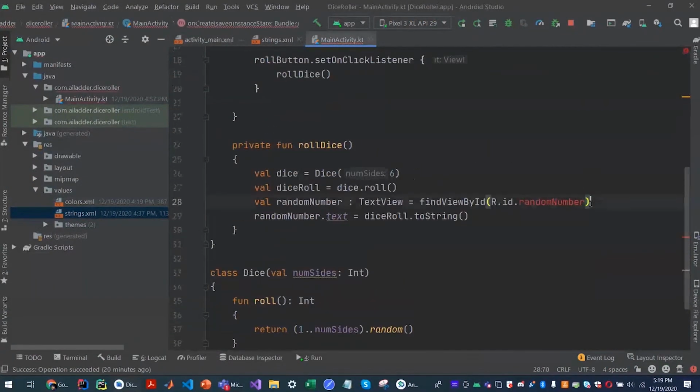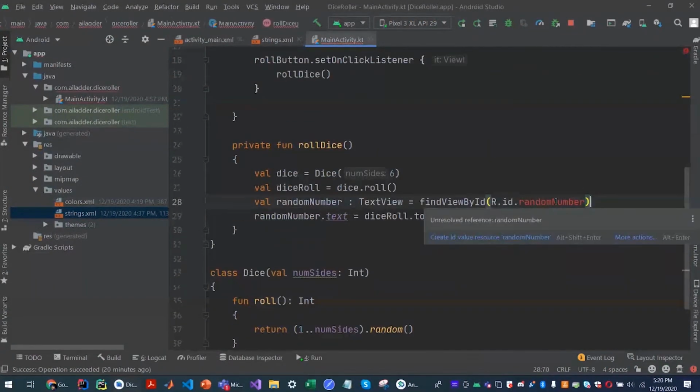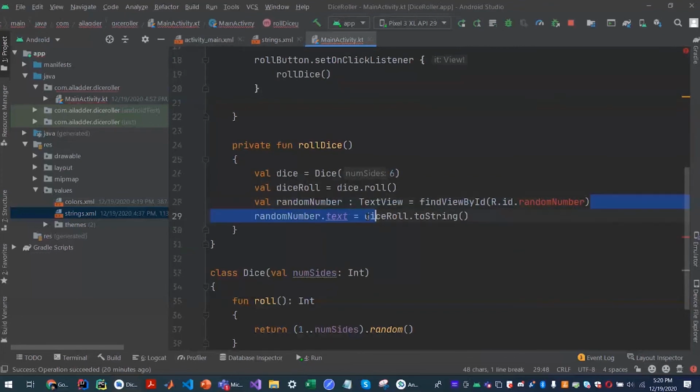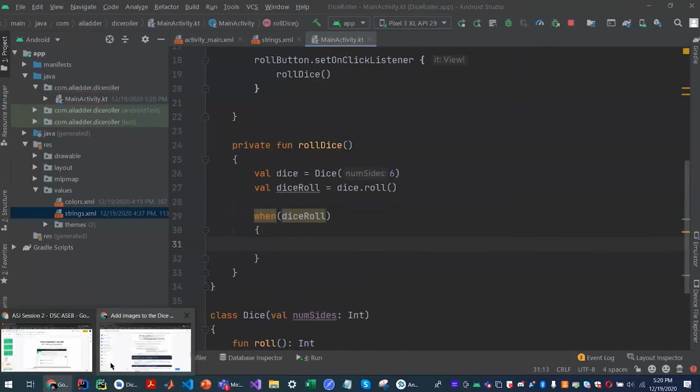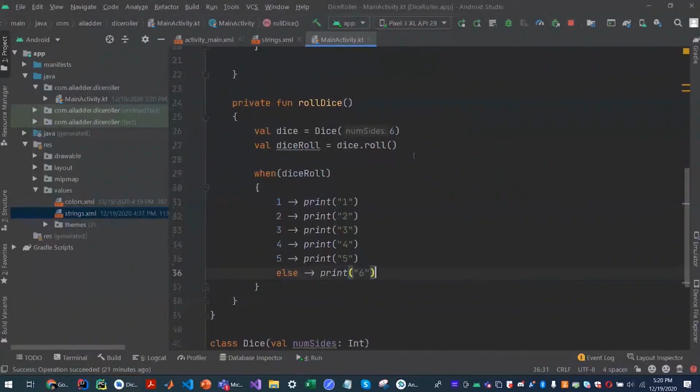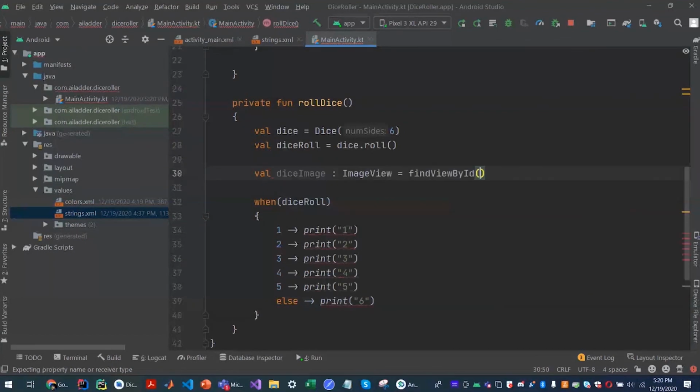Right, so now that we deleted the text view, this is throwing an error because that doesn't exist anymore. So we'll quickly remove this. Like how we access the views with their IDs, we can access images with something called drawable.